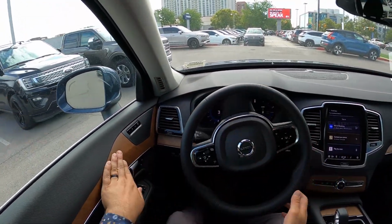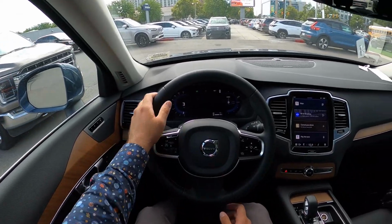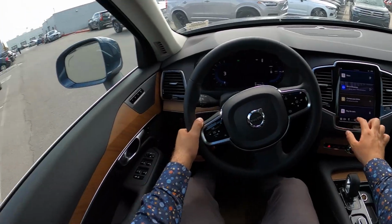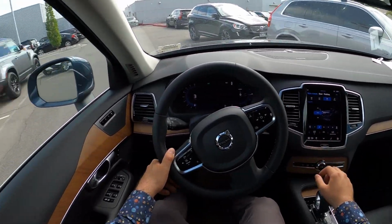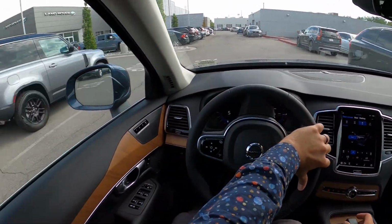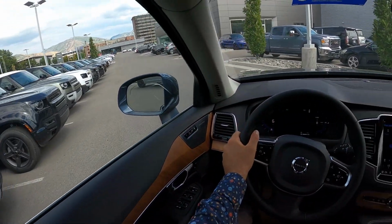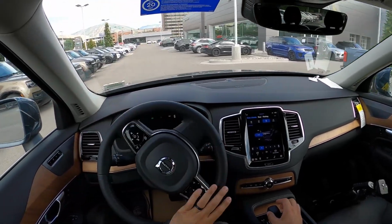By the way, I love the wood trim in this. I don't know what it is, but just the darker coloration and, again, having kind of like a grainy feel, I'm all about it. I'm also always excited to review the Recharge version, because I feel like the Recharge is what everyone wants with the Volvos nowadays,